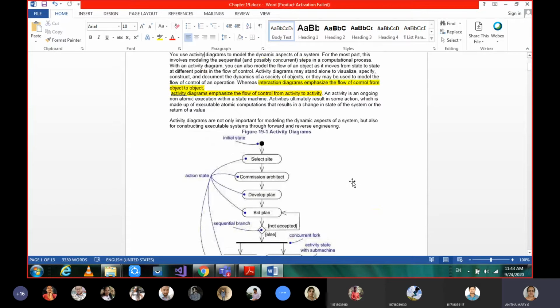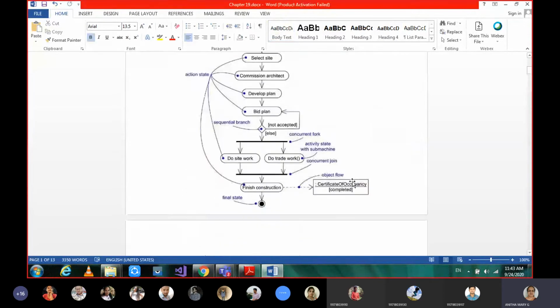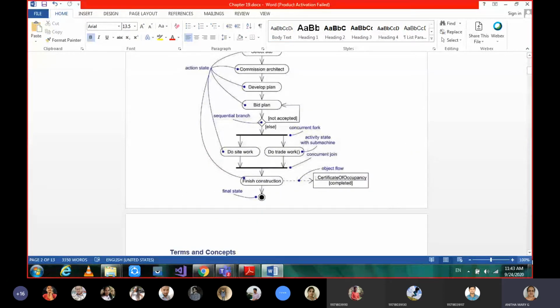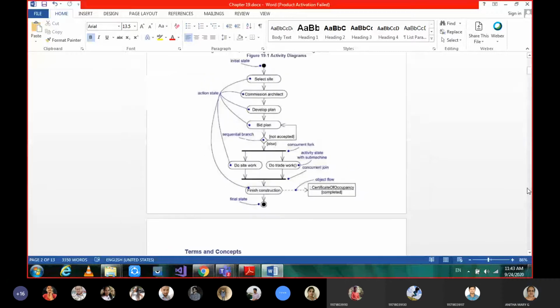Okay, so here let's see an example of an activity diagram. The same representation of an ER diagram we can take. The initial state is a solid bullet, and the final state is a bullet with a rounded circle. So that is start and stop, or we say initial and final states. That's how we represent them in activity diagrams.